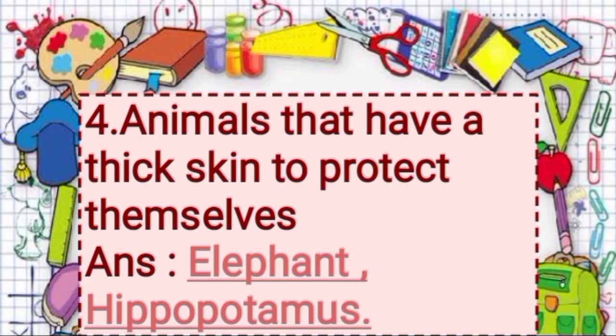So the question is animals that have a thick skin to protect themselves. Answer: elephant. Second example,